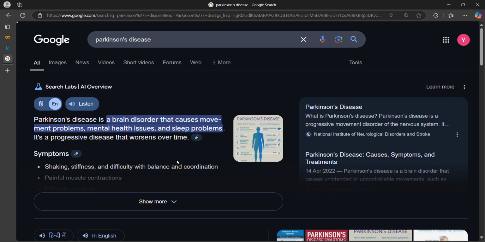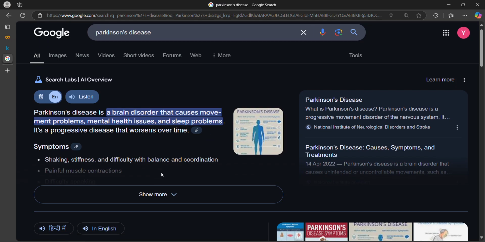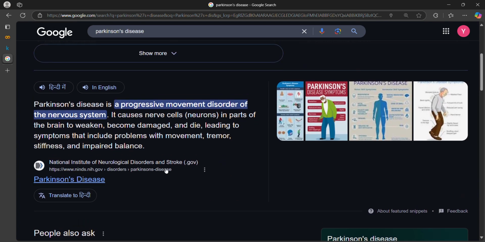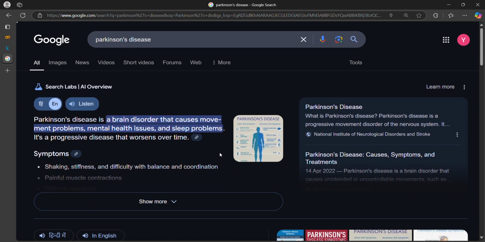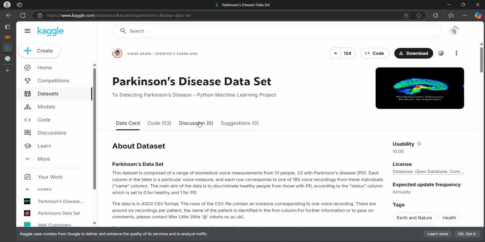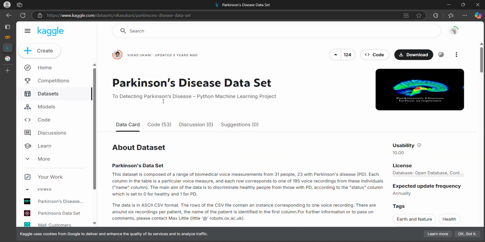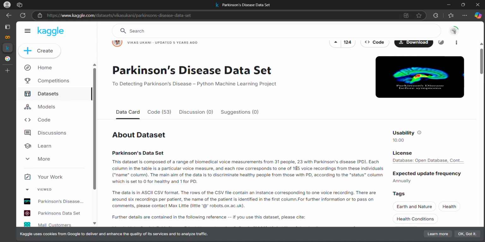It is a brain disorder that causes movement problems, mental health issues and sleep problems, and generally it is a genetic disease. Talking about the data set, we will be using the Parkinson's disease data set provided by Kaggle,